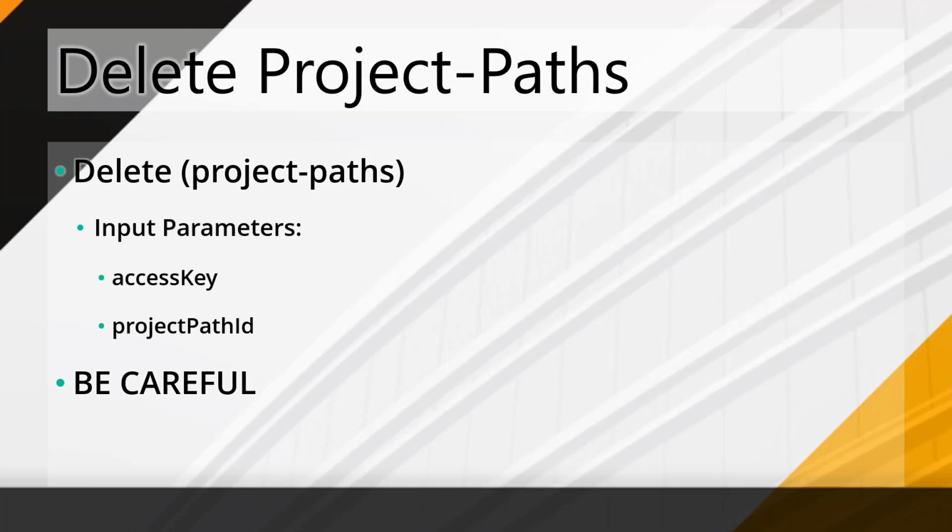With this, you can actually delete the project path, which deletes all of its data records as well. But do be careful. If you delete real project paths from the environment that are actually in use, you will lose the data and it will be gone from your reporting as well. This is one of the major reasons why I strongly recommend keeping this automations access key a bit private,